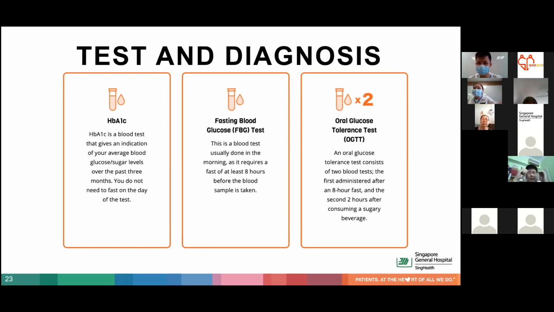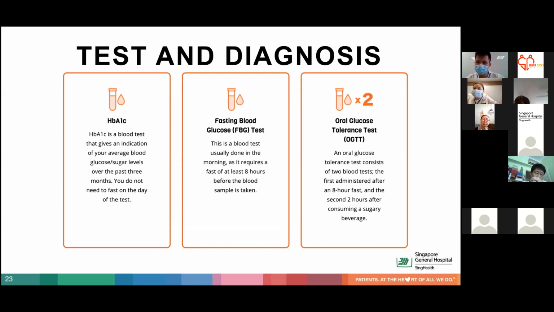The second test, which is also the most common test, is the fasting blood glucose test. So as the name suggests, fasting blood glucose requires fasting. So in this procedure, a tube of blood will be taken from you, but you are required to fast for at least 8 hours. Meaning to say that if let's say you are visiting the clinic in the morning, it will be advisable that you do not eat anything after 12 midnight. Plain water is fine, but not sugar sweetened beverage or any food after 12 if you are taking the blood test at 8 a.m.